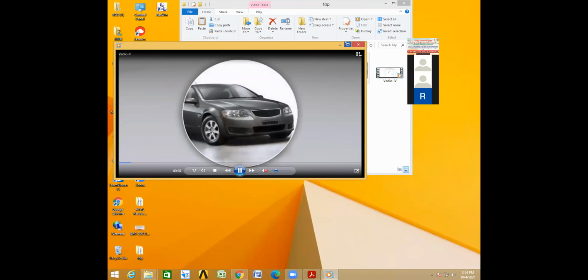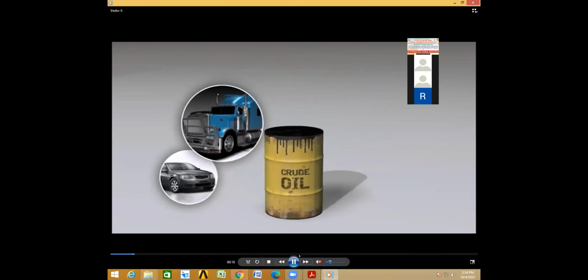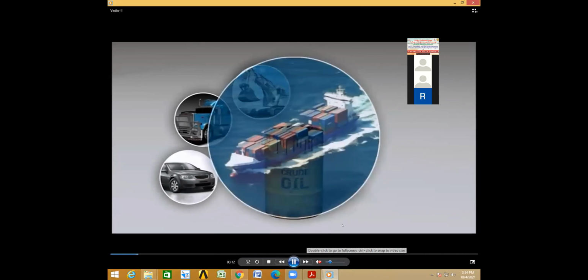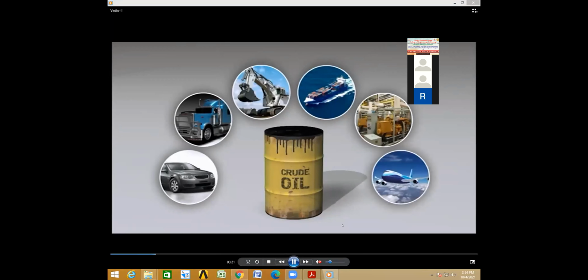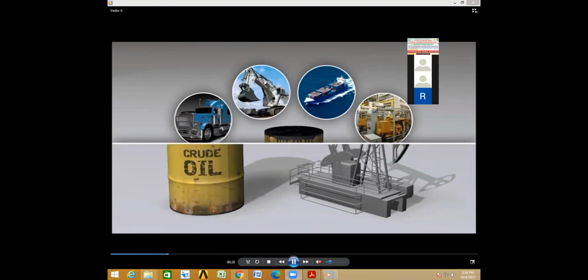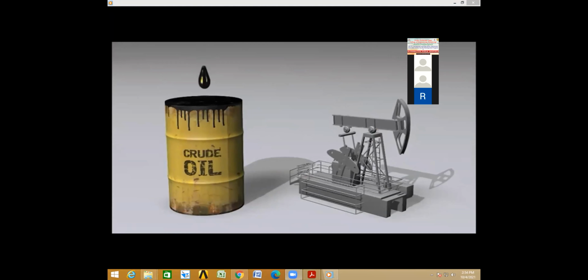Okay, so this is the conventional fuel which can be used for everything: automobiles, large vehicles, aeroplanes, and all other big equipment. Similarly, all kinds of possible usage of conventional oil. Similarly, biodiesel can also be used for all this, but the technology is a little far away. Not exactly ready.